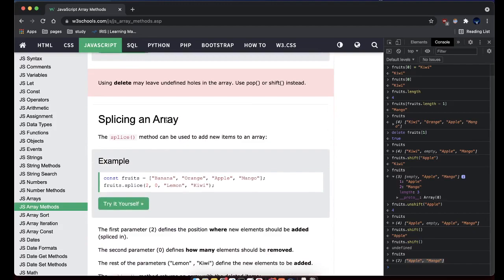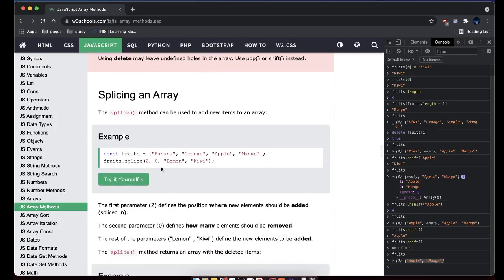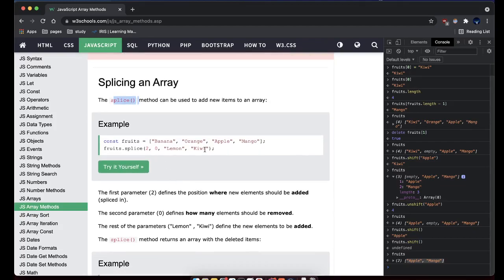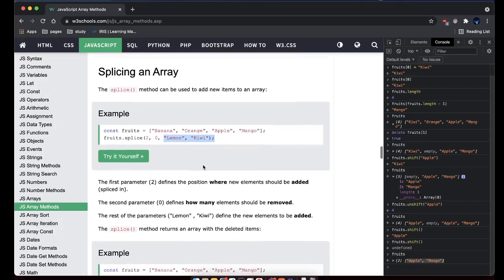So, splicing an array: the splice method is available in JavaScript. What it does is it accepts 3 parameters, I think even more than 3. The first 2 parameters define the position where the new elements should be added, and the elements will be lemon and kiwi. So if we add this to our fruits,